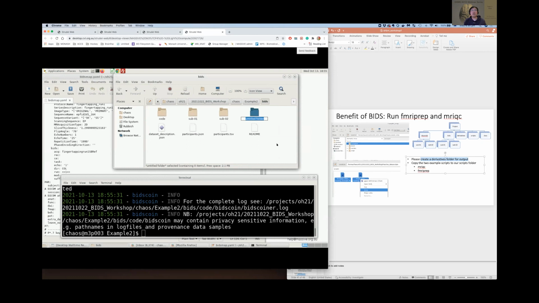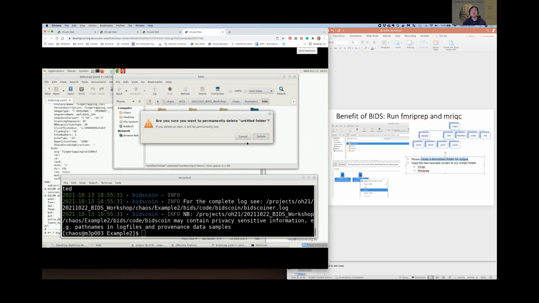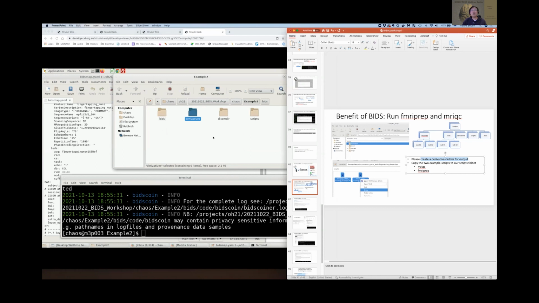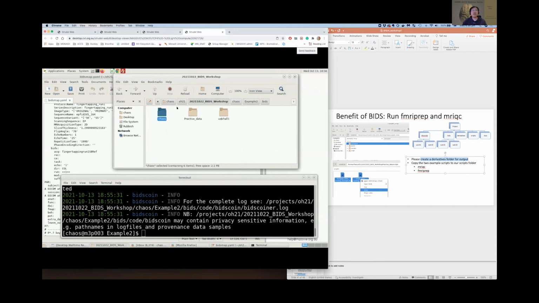Create a folder called, oops, sorry, it's not here, I'm in the wrong folder. Yep. Great, folder derivatives. Okay. And then I copy and paste. I have prepared some scripts for everyone. In the scripts, there's one for fMRIPrep and one for MRIQC. And let's just say copy.